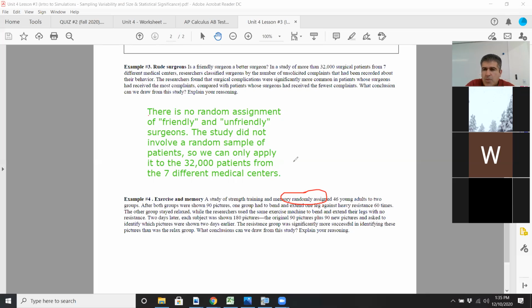So it means that if you use some exercise, that might be better for your memory. That's what we're trying to, I guess, prove here. So what conclusions can we draw from the study? Explain your reasoning. So what you'd want to say for this one